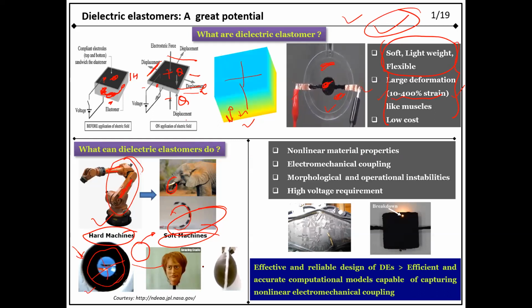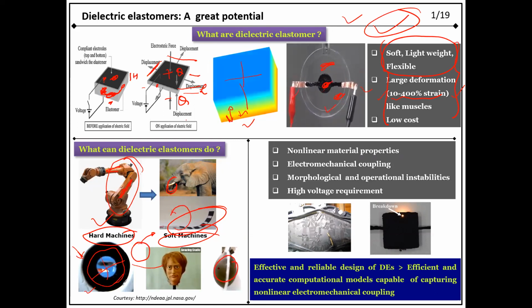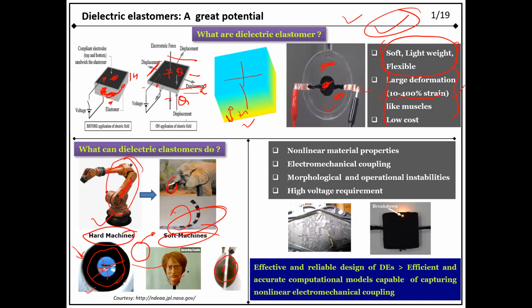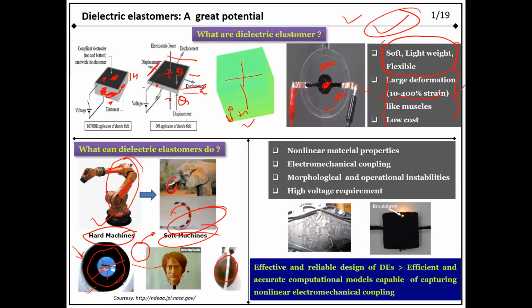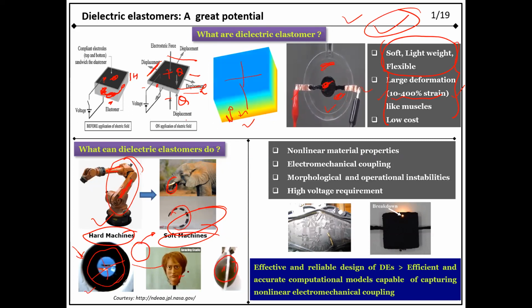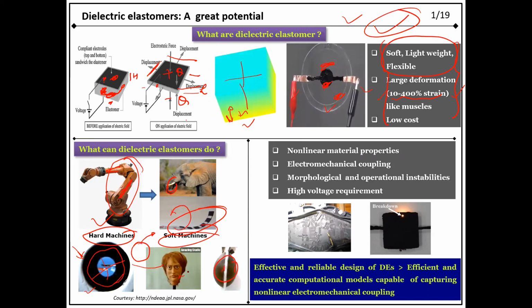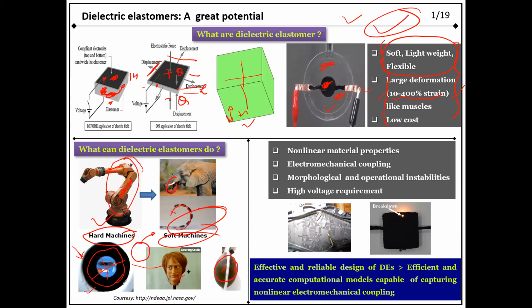You can find it in biomimetic applications. Here is an object made up of dielectric elastomers, and you can see that it is mimicking the facial expressions of a human. You can observe from here. So these are some potential applications, and if we talk about the composite, I will also discuss the application of the composite based on such materials or the soft elastomers.